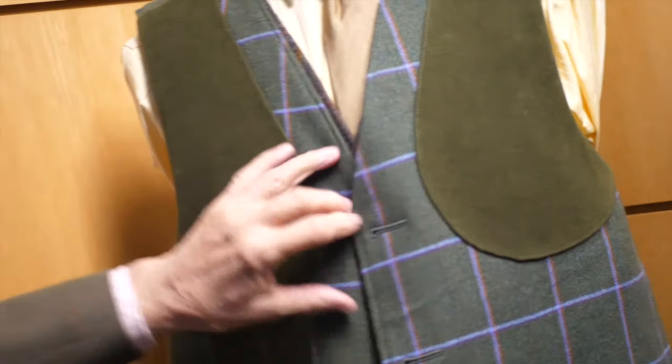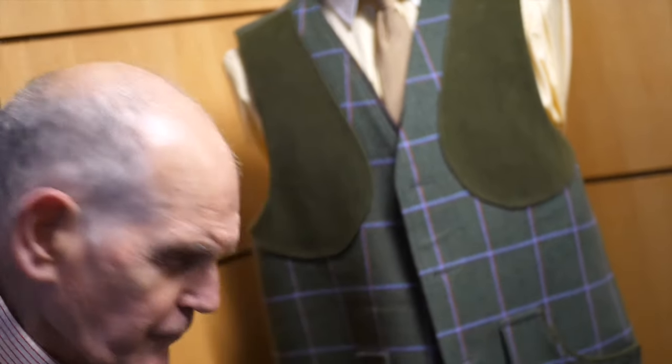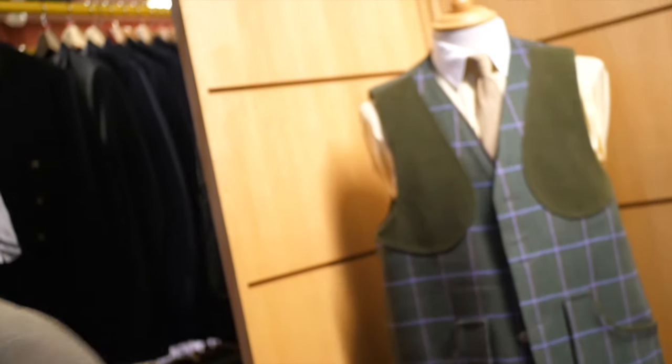So I have these available for callers to the storeroom. This is a size 42. Pretty much got all the sizes if anybody needs one. We're still in the season, and plus fours too. Now,